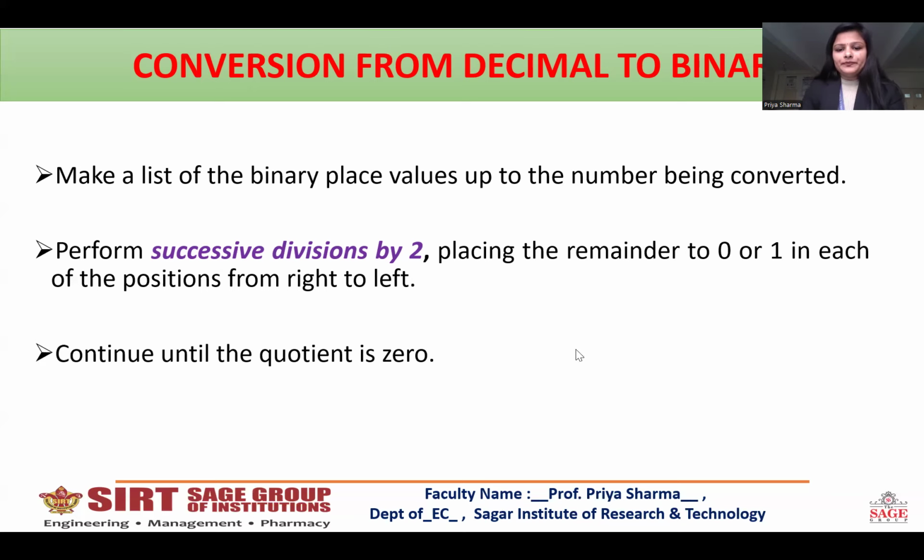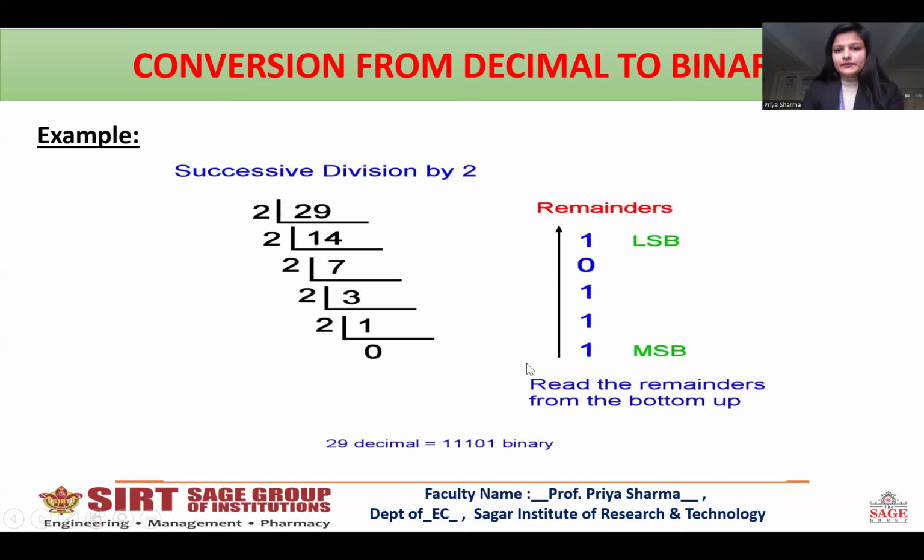Coming to an example, this is how decimal number system is converted to a binary number system. As I have already told you, for converting a digit from decimal into binary, octal, or hexadecimal, we have to go through successive divisions. Here, as we are converting into binary, we divide the decimal number by 2, and the remainders are written over here.